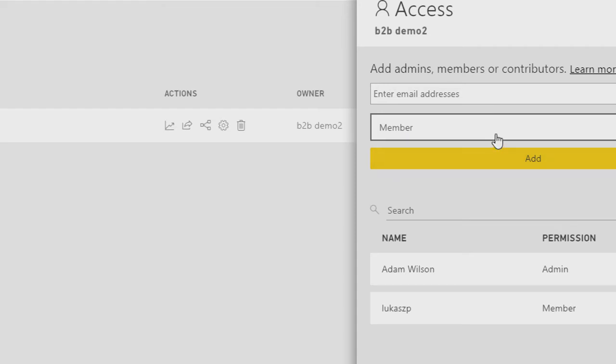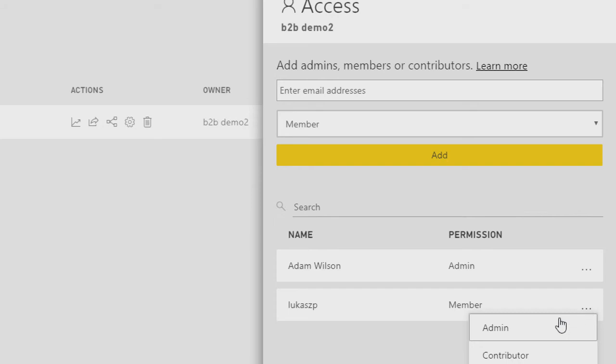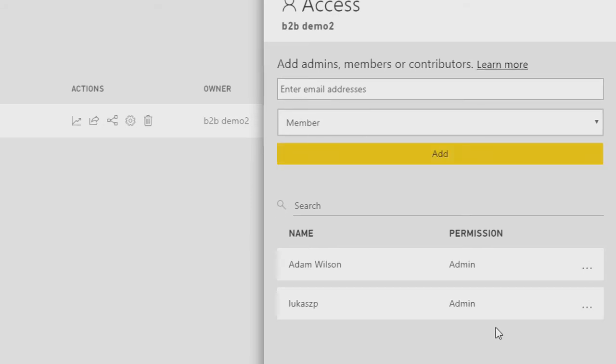I can actually go and change Łukasz, and I can give him real good rights. I can make him an admin of this workspace. And so now if I've outsourced IT or outsourced BI development to an external user, I can have them be the administrator, let them manage security for me because I have them under contract. All the data stays inside my Power BI, inside my organization, so it's secure and managed. I have full visibility as a Power BI admin to the audit logs, see what this person's doing, and so forth. But that person is free to move forward with the analytics that my team needs without any kind of overhead. And it's a very powerful and compelling experience.